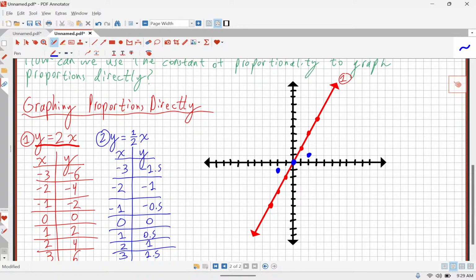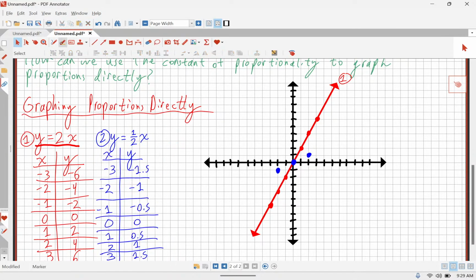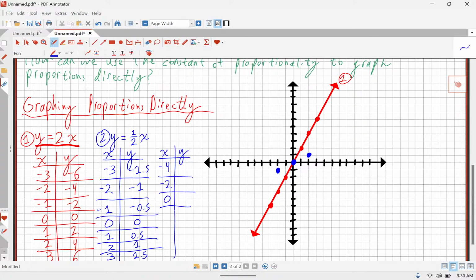That doesn't seem like very many points. I would like more points on here. Maybe I should count by something else. Let's make another table really quick. Can someone by raise a hand tell me, what do you think we could count by instead of by ones to try to avoid all these nasty little decimals coming up? You have an idea, Tice, or just stretching? No, I have an idea. What's your idea? It's 2. Count by 2. What if we just count by even numbers? What if we do -4, -2, 0, 2, 4, 6?